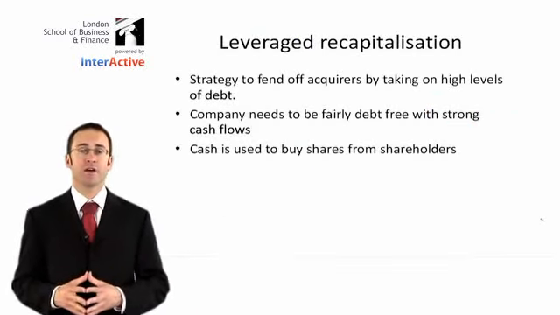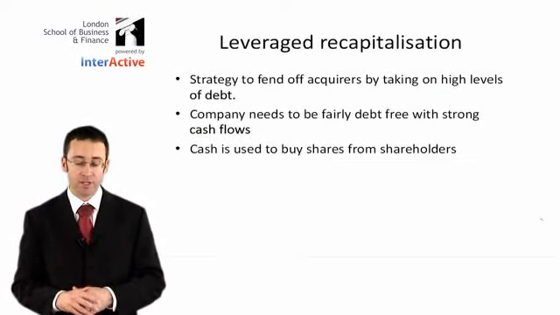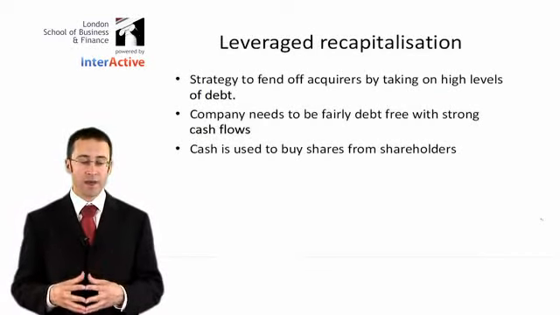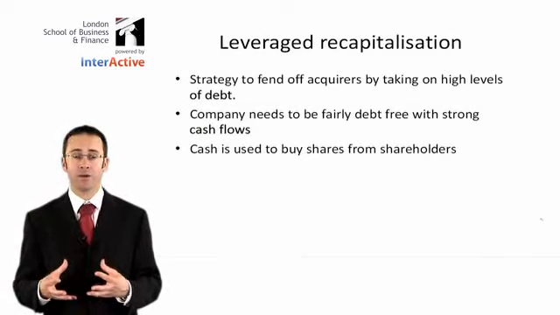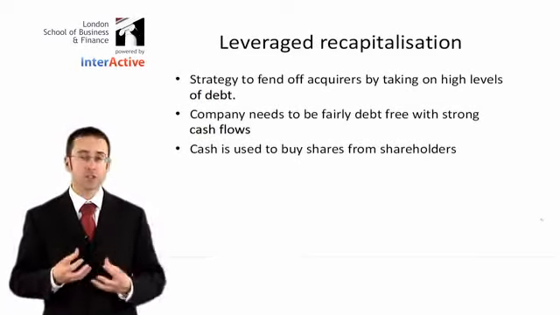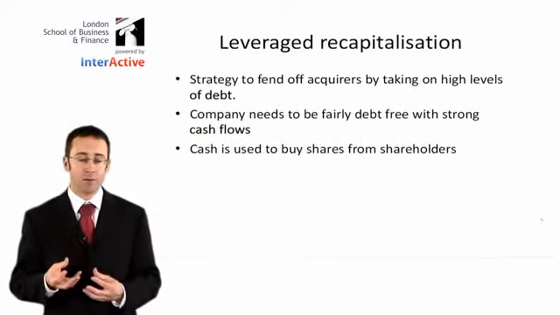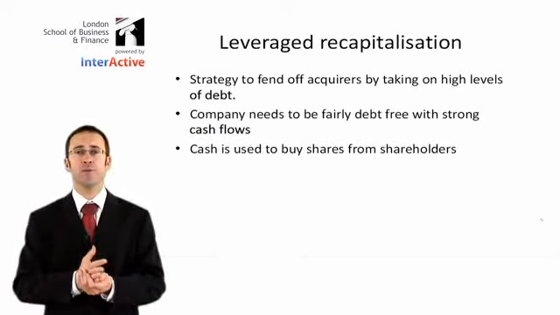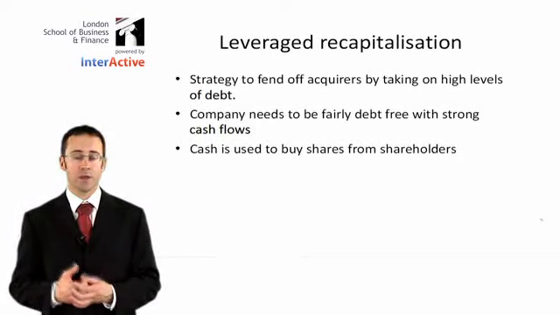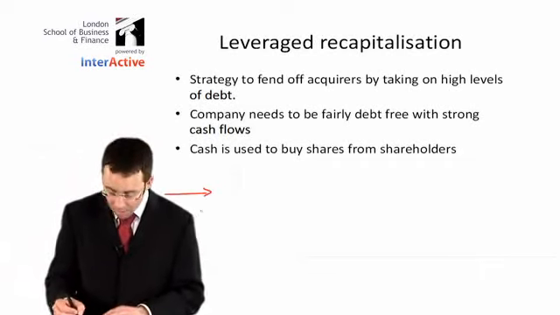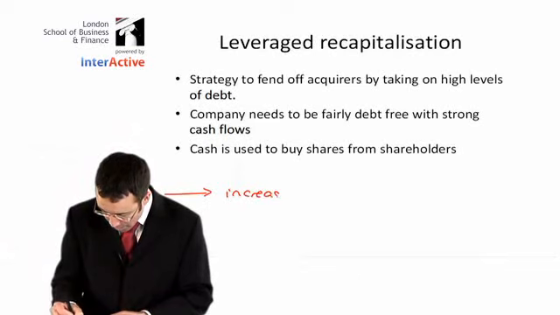The second method of a financial reconstruction is looking there at a leveraged recapitalisation. So leverage, again, we're talking about debt. So we're looking there at trying to fend off an acquirer by taking on high levels of debt. We go through there and, in effect, reconstruct our business by taking on board more debt. And then once we have that debt, we can then use that debt to go through and pay off the shareholders. By paying off the shareholders, there will be less shares on the market. So what should happen there is that there is an increase